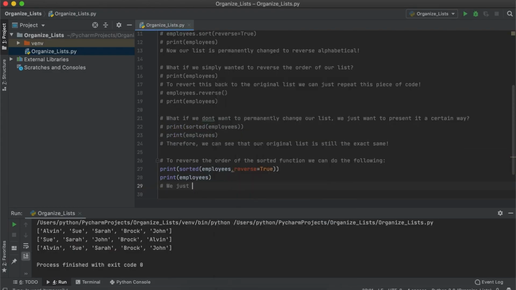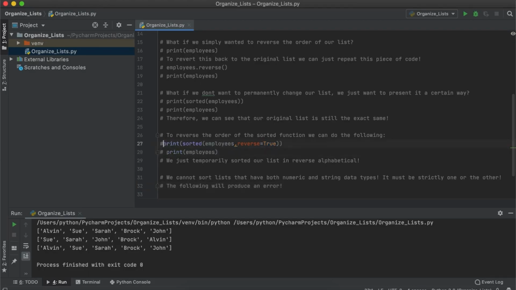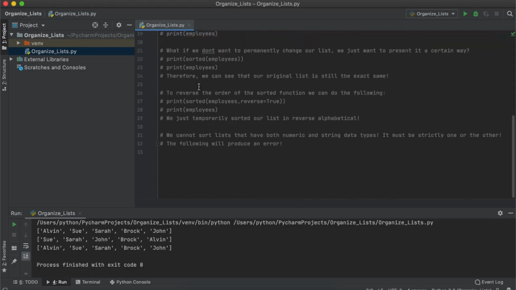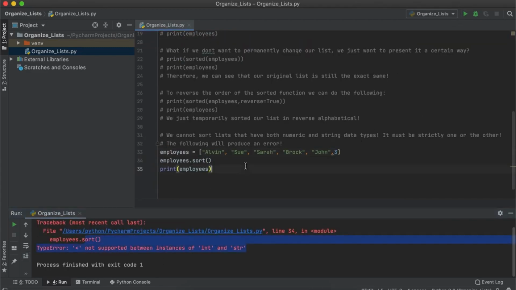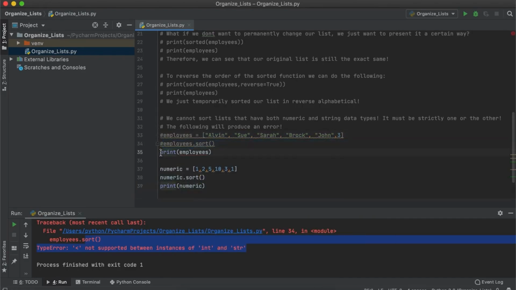I just want to add something really important. In Python, you cannot sort a list with string and numerical data types together. So if we wanted to add, say, an integer, like 3 to our list, and try to use the sort function, it will return us an error. We can only use this method when our lists are all either numeric or strings only. Lastly, if you're going to organize a strictly numeric list, everything I presented will work, just the list will be organized from lowest to highest numbers in the sort method and not alphabetically.